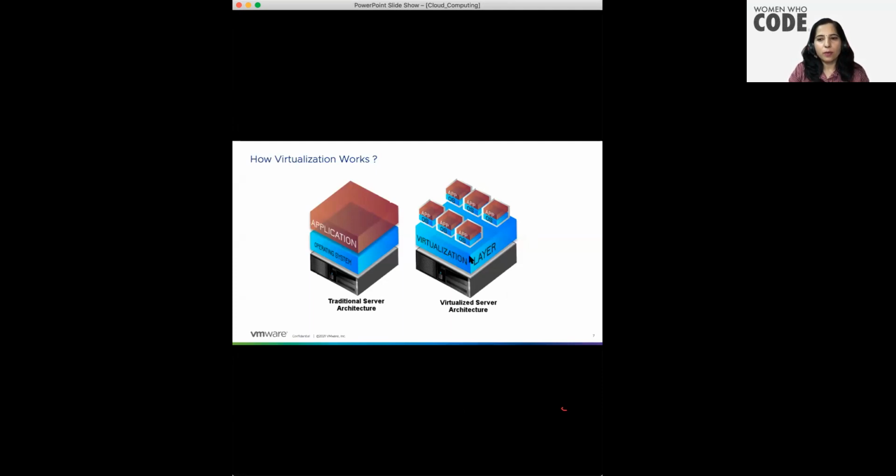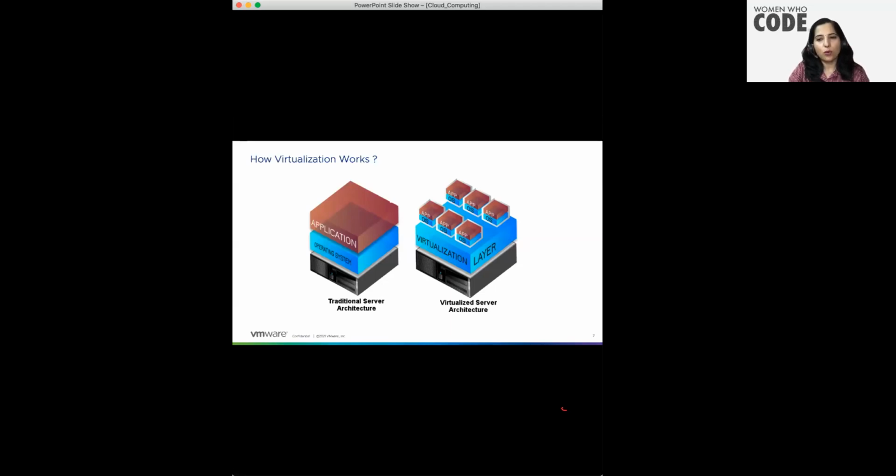One more thing about the virtualization layer is that it can be installed in two ways. One way is how you can see here, that it is installed directly on the physical hardware. The other way is that on the physical hardware, which we call the host, you have the host OS, and on that you have a virtualization layer, and then you can have multiple instances of the OS, which are called guest OS. So there are two types of hypervisor. Type 1 is when the virtualization layer or hypervisor is directly installed on the physical hardware.